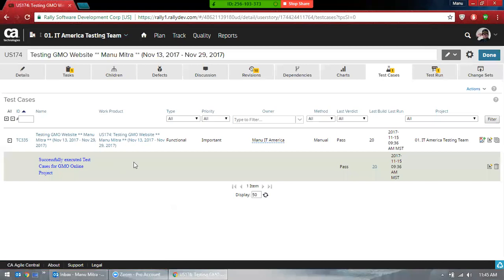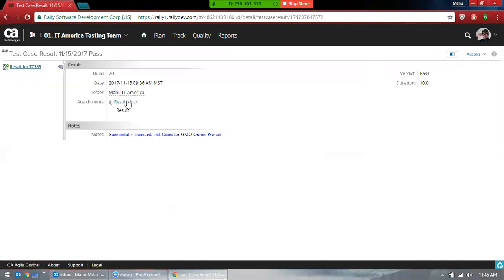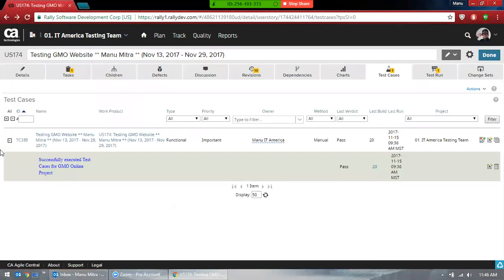Okay, good. Now, if your boss looks into your test case, where are your test cases? This is my test cases. Now, if your boss asks, how do I know that you have completed your test case? You can say, hey, you can look into my attachment where I have put the screenshots. At that point of time, we really didn't have any issues. I'm not exactly sure. The developer might have changed it in between, or something went wrong. But you can look into our screenshots. So that's how you want to document your result.